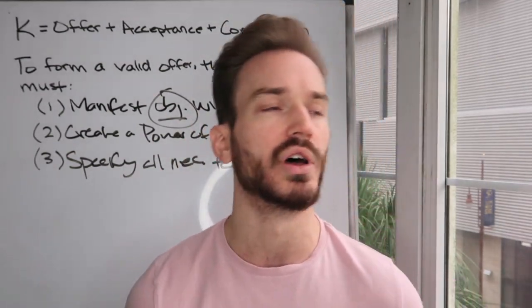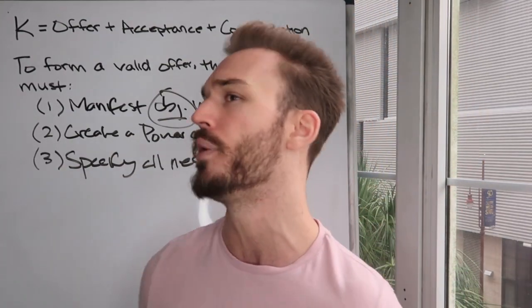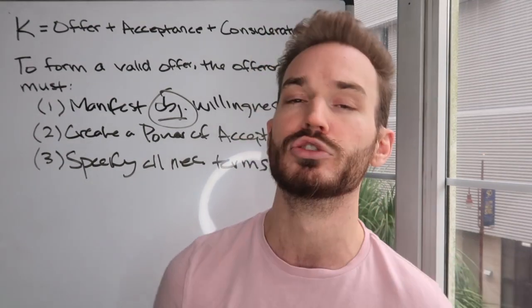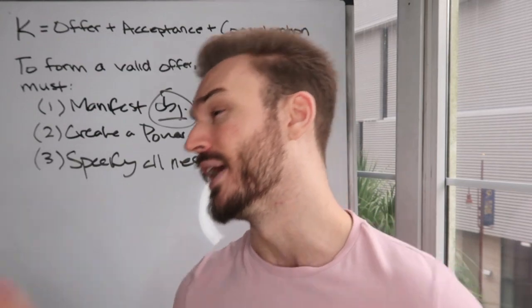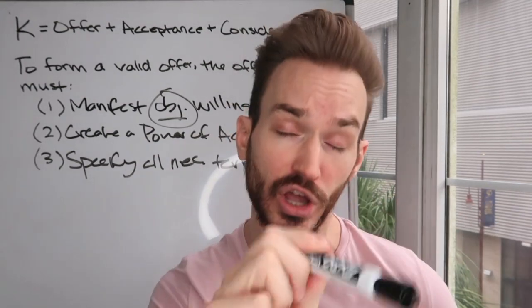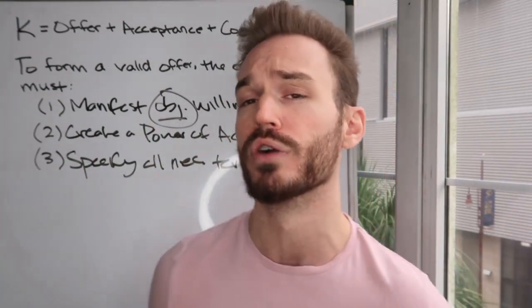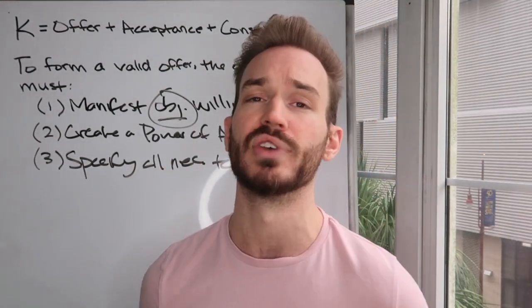A couple other issues here. The main exception you're going to see to this idea that an offer has to be directed to a specific offeree is going to be contest offers and reward offers. So if I go outside and post a flyer up that says, say I lost my cat, right? And I'm offering a reward of $100 to anybody who can find and return my cat to me. So I go around and post a bunch of flyers and say, if anybody finds my cat and returns it to me, I'll pay you $100. Even though I'm not directing that at any specific offeree, because it's an exception to this rule, that's going to be allowed. So even though I'm not creating a power of acceptance in any specific offeree, if I'm offering a contest offer or a reward offer, it's an exception to this idea that a power of acceptance has to be conferred to